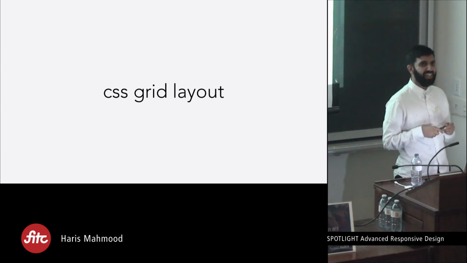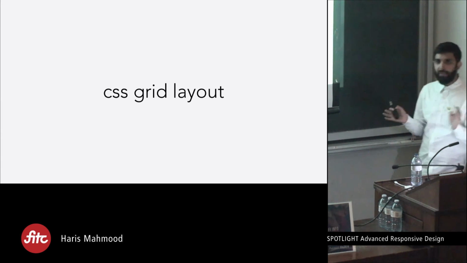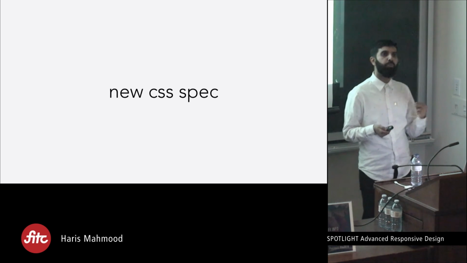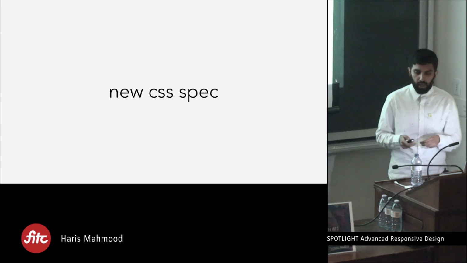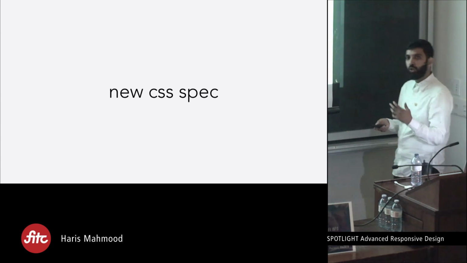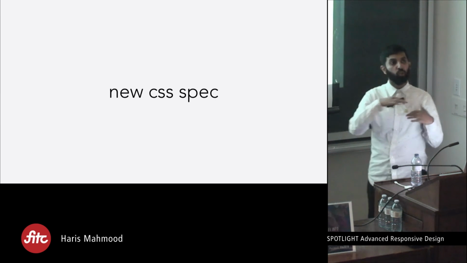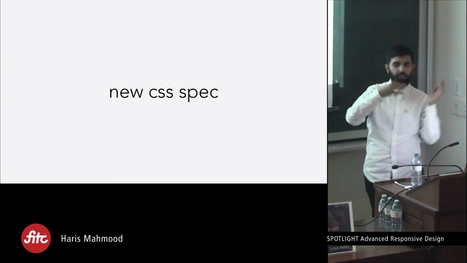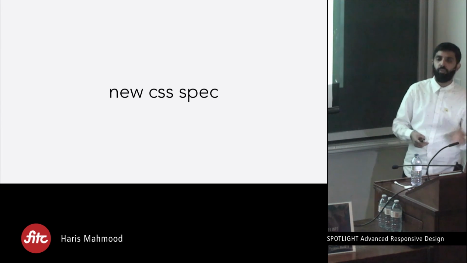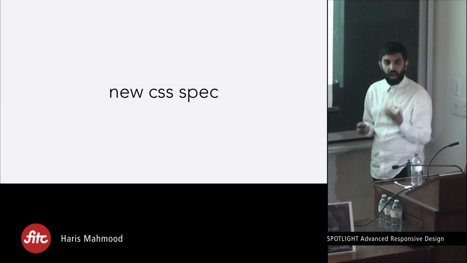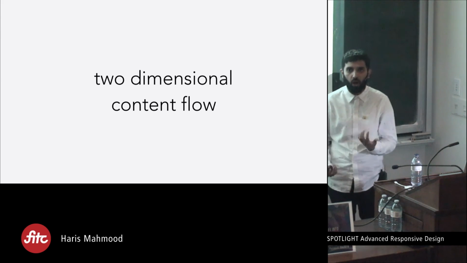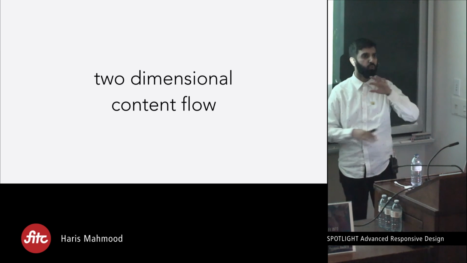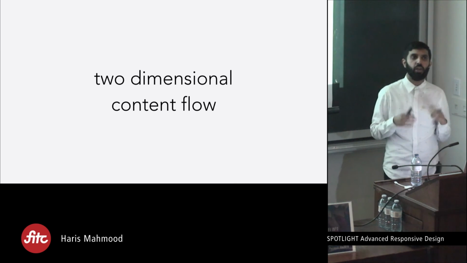There's also the CSS grid layout. This isn't Bootstrap. This isn't like creating grids. This is an actual new CSS spec being released by the working group. So flexbox controlled single directional flow. You had your main axis, like left to right or right to left, top to bottom, bottom to top. Whereas now we're going to have two-dimensional content flow. We'll be able to create really complex grids and do all sorts of really insane shuffling of content using the